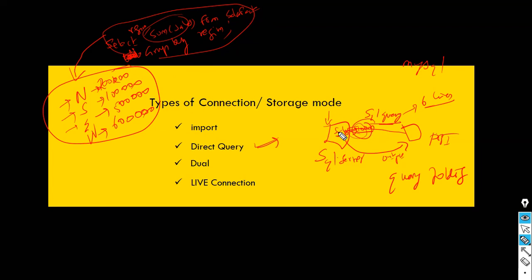So here smartly, the Power BI generates this SQL query. It sends to the source system SQL. This query will run on top of this table. And then the output is only just 4 records. Only these 4 records will be sent back to your Power BI desktop. Sending 4 records from SQL Server back to your Power BI will not take much time. And sending this 2 lines code from your Power BI to SQL Server will not take much time. Right? This is the smarter way of